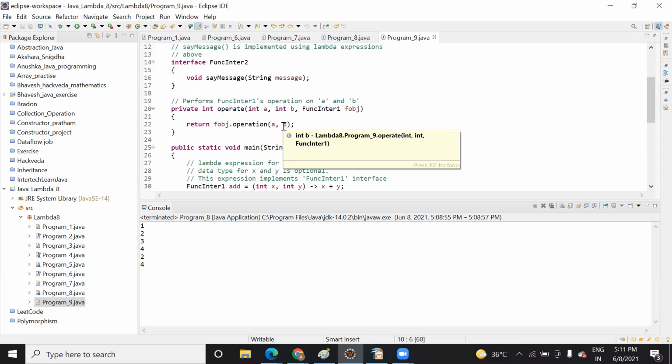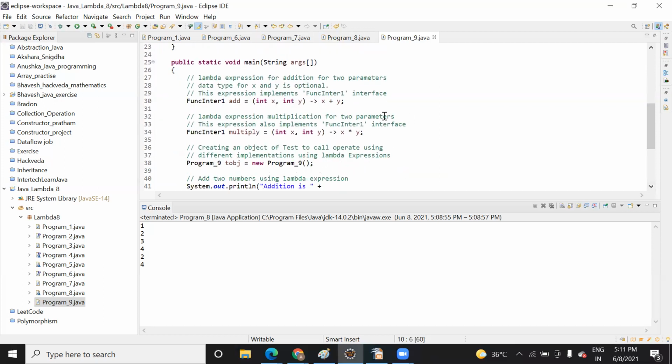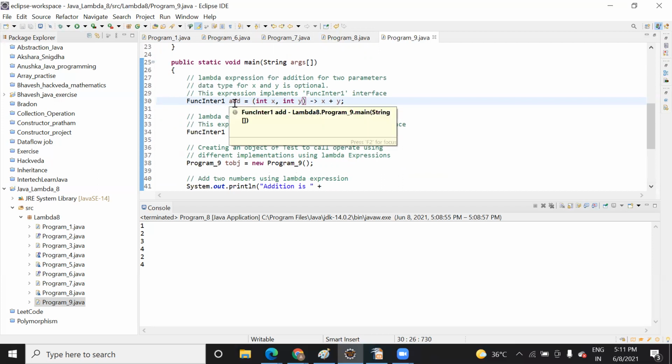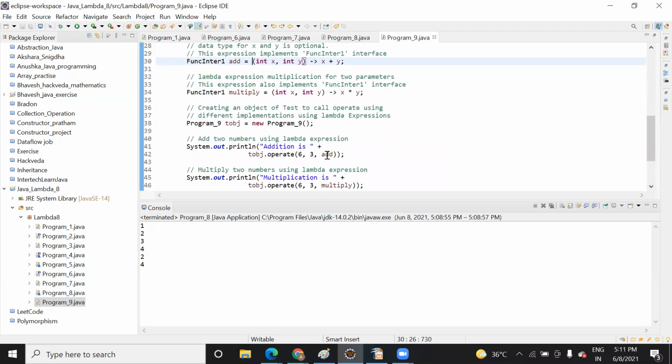Till now, is it clear? Once you run the code on your system, it will be more clear to you. Now I have created a main method. Inside this main method, I have created an expression, and here is how I will pass it. This is my multi-parameter, that is two parameters. You can see the syntax. Whatever value I get here, I will assign to this object, a variable add, and that is going to be printed. When you pass this add here, it is going to print it. Let me run this code. Addition is 9. So you see 6 and 3 you are passing, and whatever the add operation gives will come here.